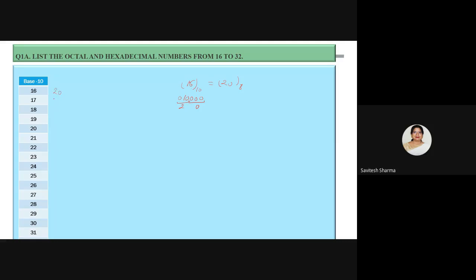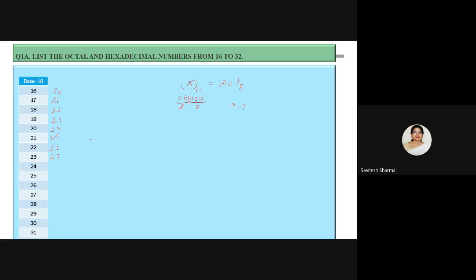So you will start writing, because these are numbers in series. So you can write directly 21, 22, 23, 24, 25, 26, 27. No need to calculate the equivalent for each number. Just start with 20 and then write using the symbols 0 to 7. So you see that 0, 1, 2, 3, 4, 5, 6, 7, because in octal we use 0 to 7 only.